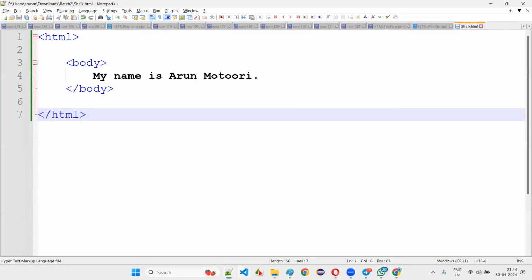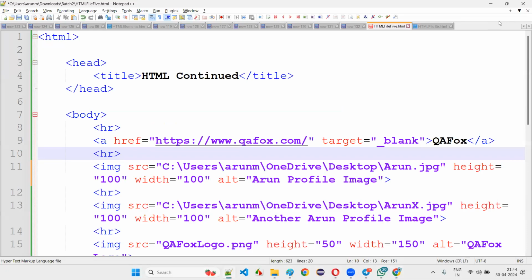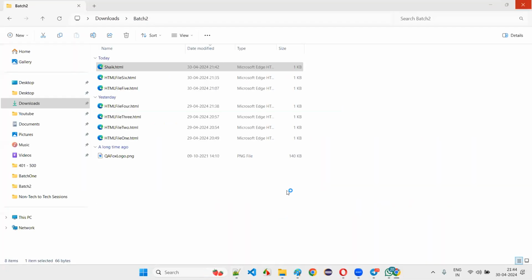We only have to download Notepad++. That's it. We also have advanced editors like Visual Studio Code. Notepad++ is one of the editors where some benefits are there when compared to the normal Notepad, where you can also write. The same file you don't have to open only in Notepad++. You can also open this in other editors.